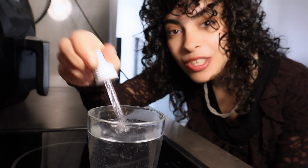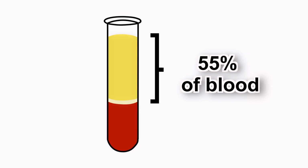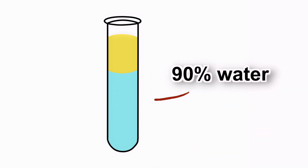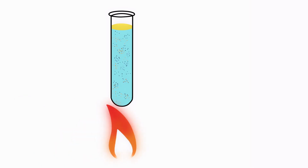Without water, life cannot exist, which is why we should extract it first. Blood plasma forms 55% of the total blood volume, and it's 90% water packed with nutrients and a deadly amount of salt. Now we could let the plasma boil and distill it to get pure water, and they would have